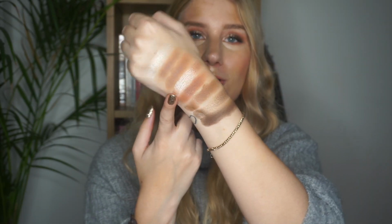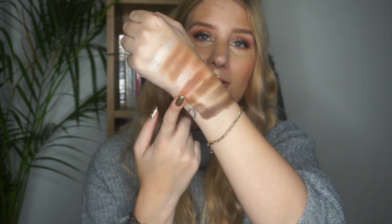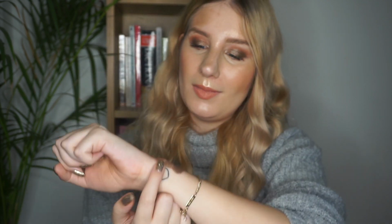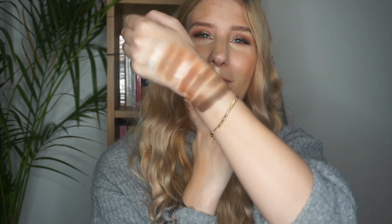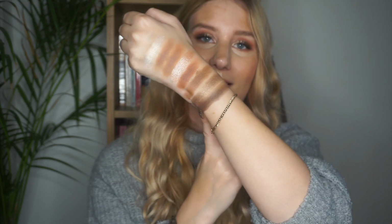We have the most beautiful shimmer right here, which is the middle of the palette, and then we have another transition shade which is slightly deeper. I'm actually wearing this one today. We have one of those matte with glitter shades right here, another deeper shimmer, and then lastly this deep matte. So that is the look of the palette and everything. And like I said, I have some feedback to give you, but I'm going to go through the looks as I always do first. So we're going to start with the first day, which I decided to do an all matte look,